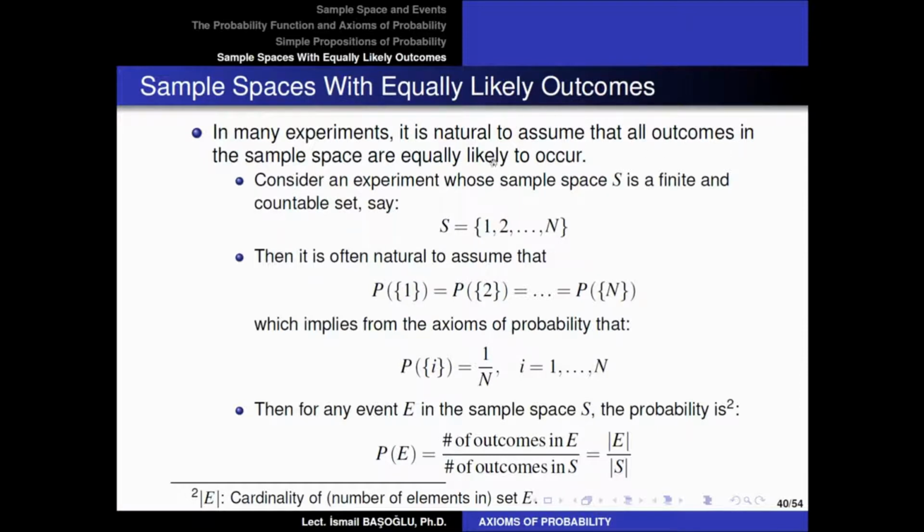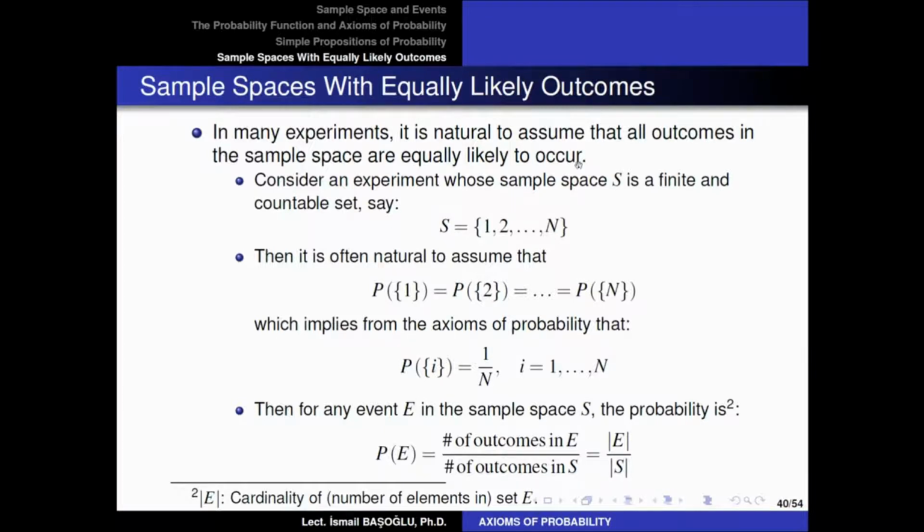outcomes in the sample space are equally likely to occur. For example, when you flip a coin, you either get a head or tail, and of course you are assuming that this is a fair coin and these two sides have the same chances of 1/2. Or when you toss a fair die, you have 6 sides of this die, and obviously you are assigning equal chances to each of these integer values on the faces of the die. So this is basically a natural assumption in many cases, assuming that each outcome is fairly and equally likely to